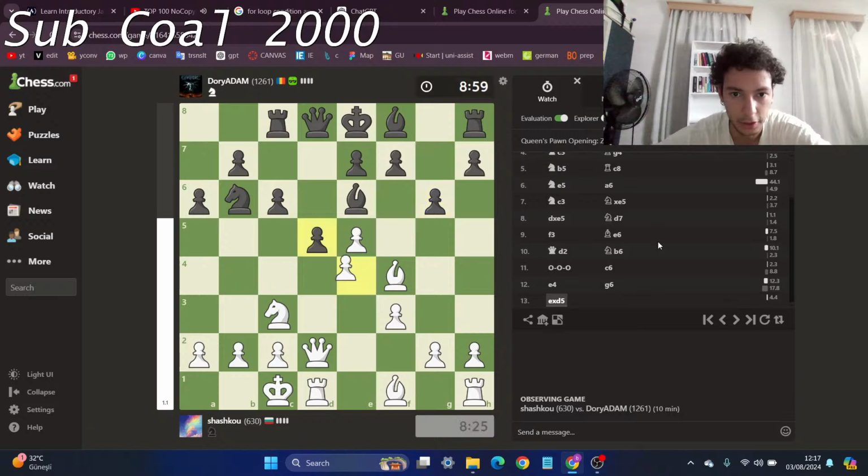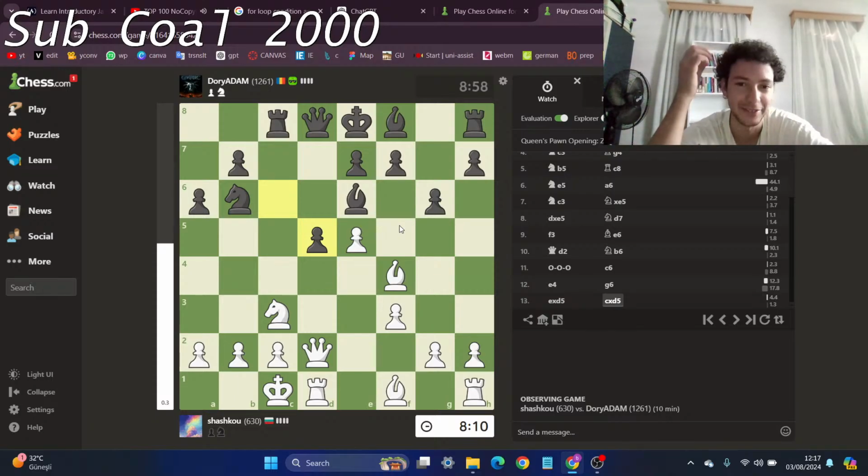A pawn push indicating he's gonna push the F pawn. Okay, takes back the pawn. The position is equal. Now what is Alexander gonna play? Let's see. This is so